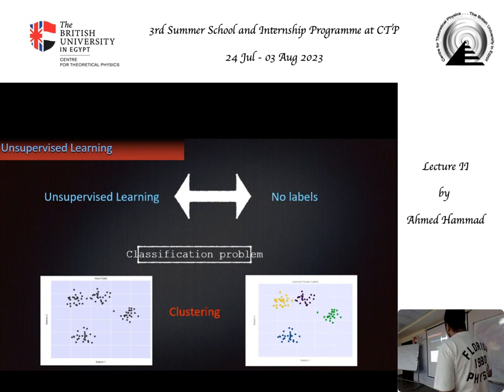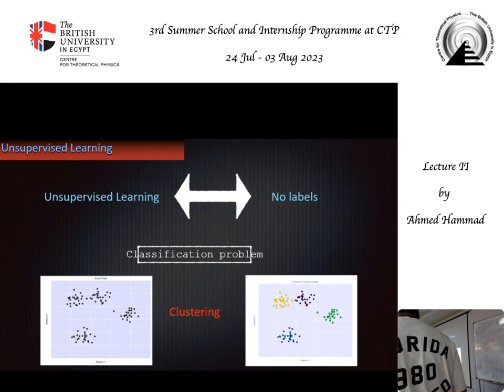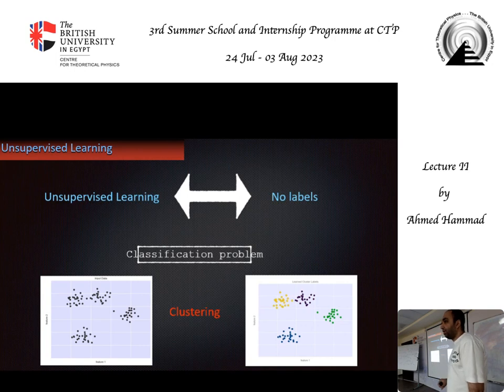Example. Obviously, unsupervised learning means no labels, right? So this is the fact. For a classification problem, this is the training. I give the model a set of points that are in 2 dimensions. These points live in 2 dimensions, x1, x2, right? And I give these points to the model. The model tries to learn a pattern of this data. One can think of the pattern, what's the pattern again? It is the spatial position of the data, right? So if those points are very near to each other, very close to each other,